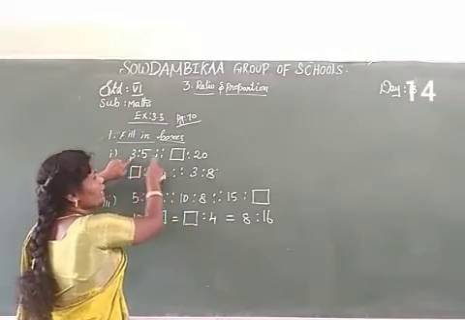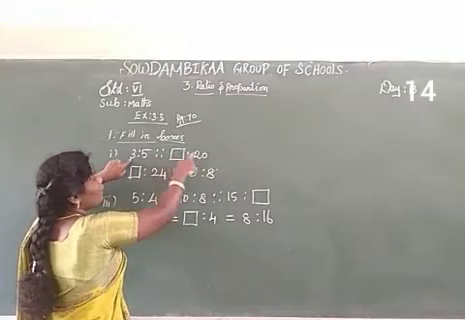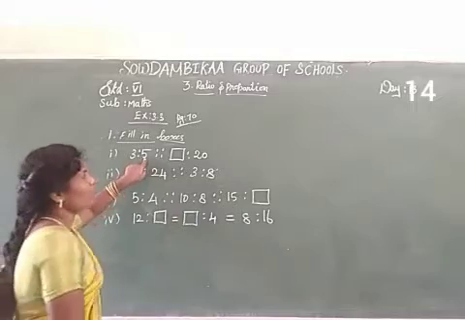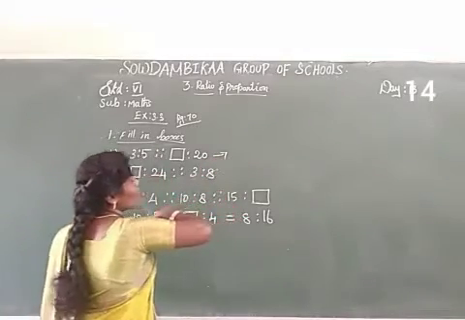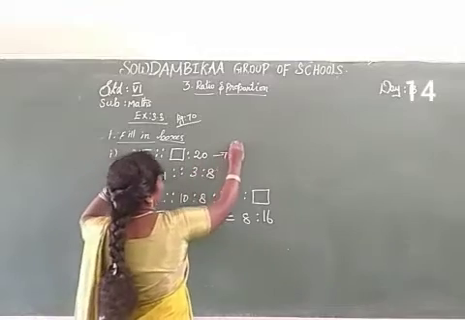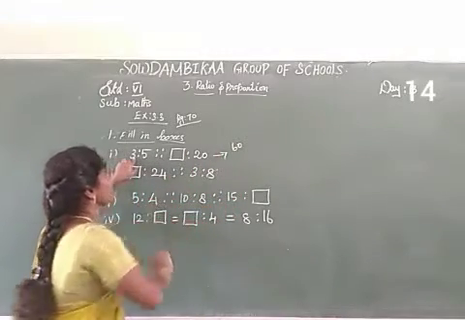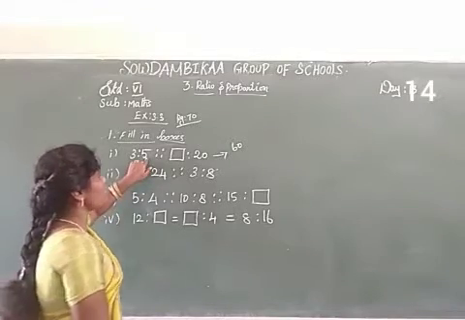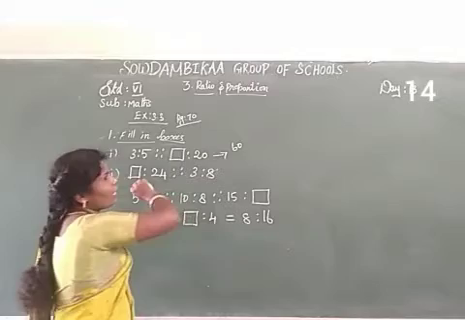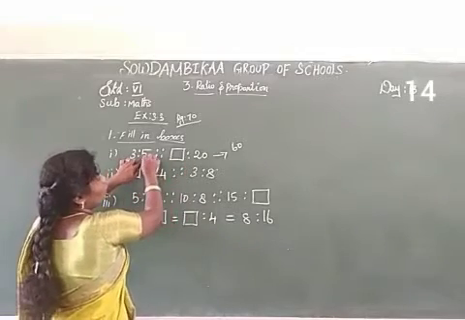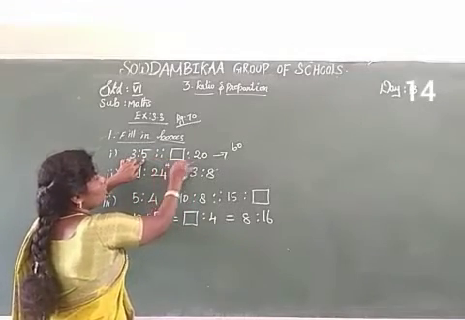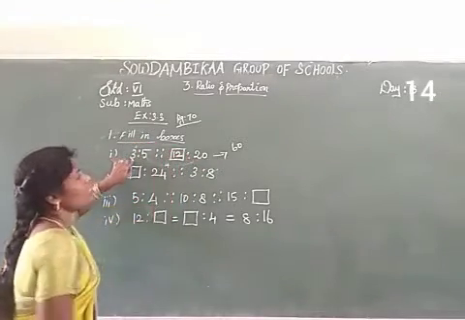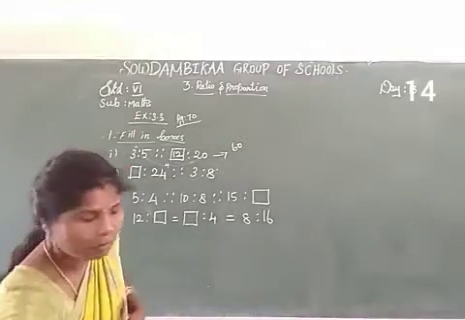This is A, B, C, D. A and D are extremes, B and C are means. Now multiply the product of extremes. 3 20s are 60. Which number multiplied with 5 gives 60? Or otherwise, 5 4s are 20, so multiply the 4 table. The same table: 3 4s are 12. The answer is 12. Or another method.